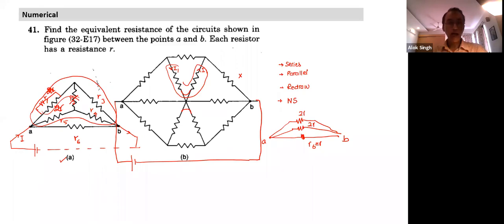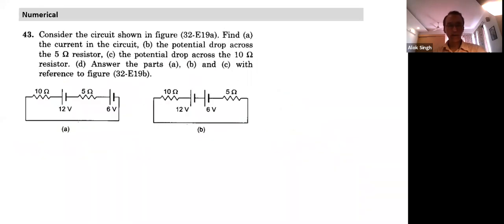Okay, so I'll do one more thing today. This is a pretty simple one. I think some of you might get confused. In both cases, do you notice, the current here is I1. It's a very quick question, so we'll not spend too much time. This current is I2. Now we have to find between I1 and I2, which one will be greater? Which circuit will have greater current? Let's see who can answer this one.